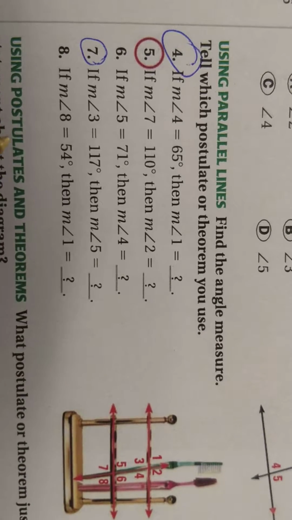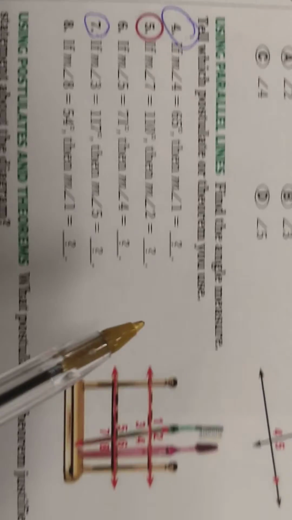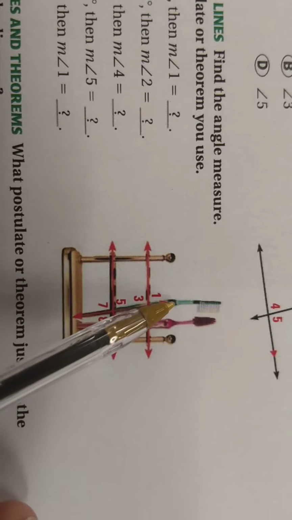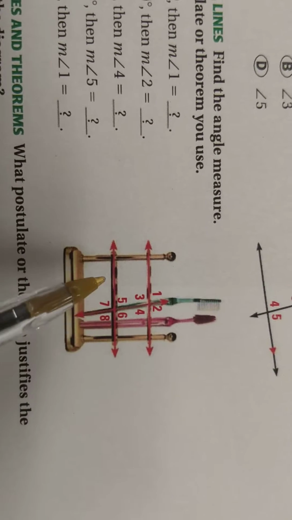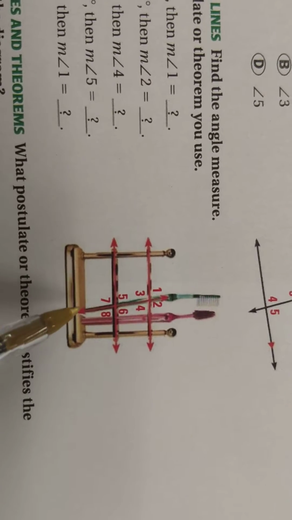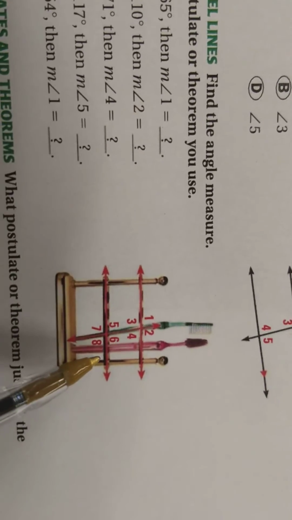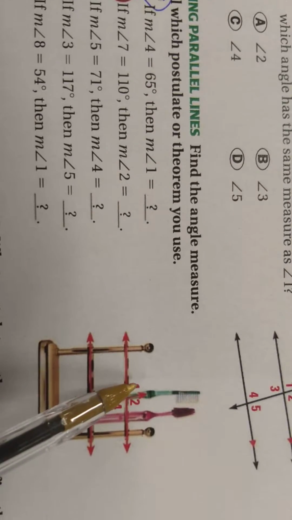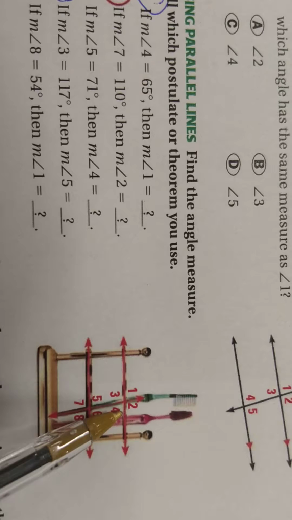Two problems, number 4 and then number 7. Both of them deal with this diagram over here where you've got toothbrushes, which are representing our lines, being crossed by these other lines as part of the toothbrush holder. And we're trying to figure out the measurement of some of these angles that are formed there based on what